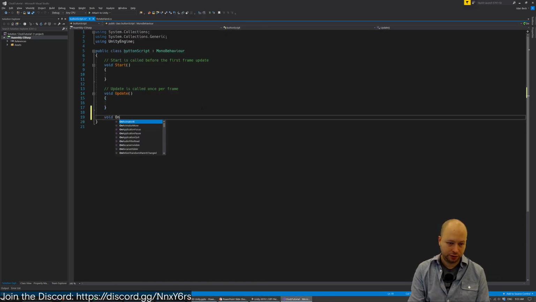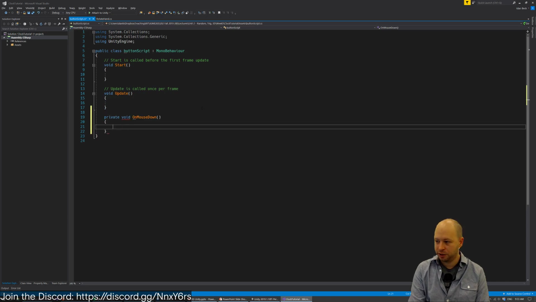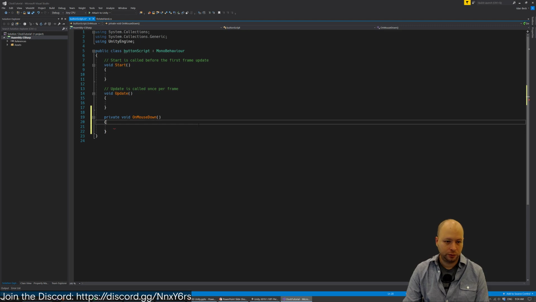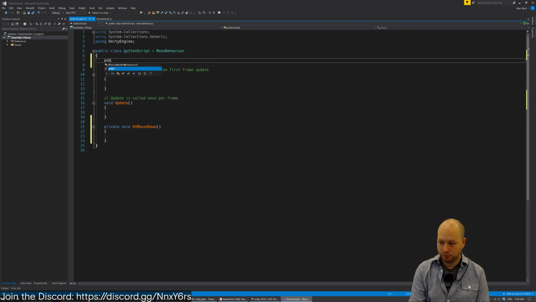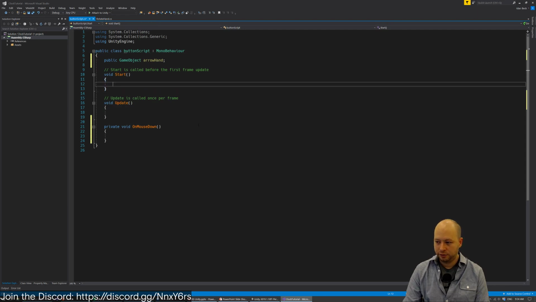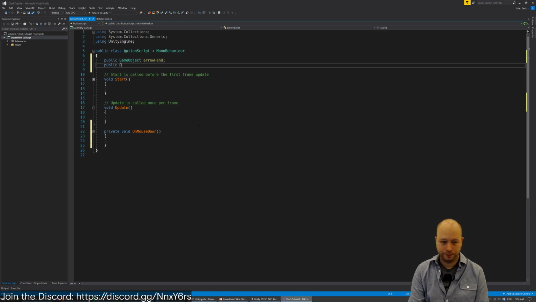And let's create an on mouse down, because that's exactly what we're doing, right? We're not doing much else. And so, cool, let's do this. What we can do is we can do a get component. Always fun to deal with get component. Actually, let's do this. We want to get an external script. So public object arrow hand, right? And then on start, actually we want to do this as well. What's the name of our other script? Rotate